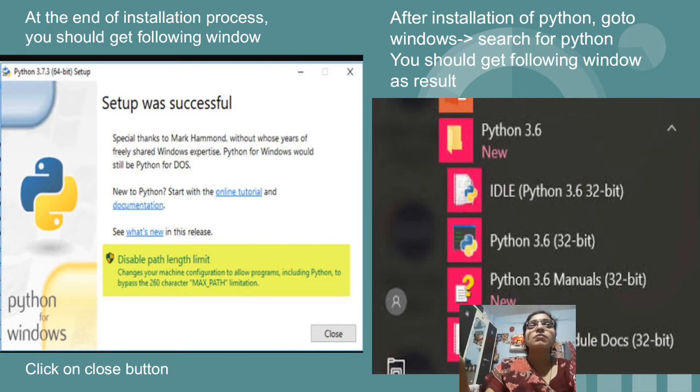All the programs without database connectivity, we are going to learn in the 3.4 version of Python only, and we are going to use IDLE. Once you click on IDLE, different windows will open, which we will see later when we see the execution of programs. So this is your installation. You should get the folder of Python 3.4 in your start menu, and once you click on the drop down arrow of 3.4, you should get such options on your windows.